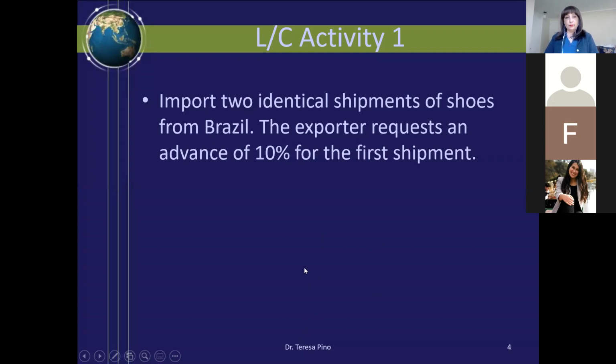That one with the different shipments. I don't remember the name. We have 2 identical shipments, right? So that makes it revolving. So this letter of credit, if it doesn't say when it's going to be paid, you always think it's sight. So we always finish the name of the letter of credit with sight. So we say it's irrevocable, untransferable, revolving, green clause, sight. That is the type of letter of credit that you're going to be working with.